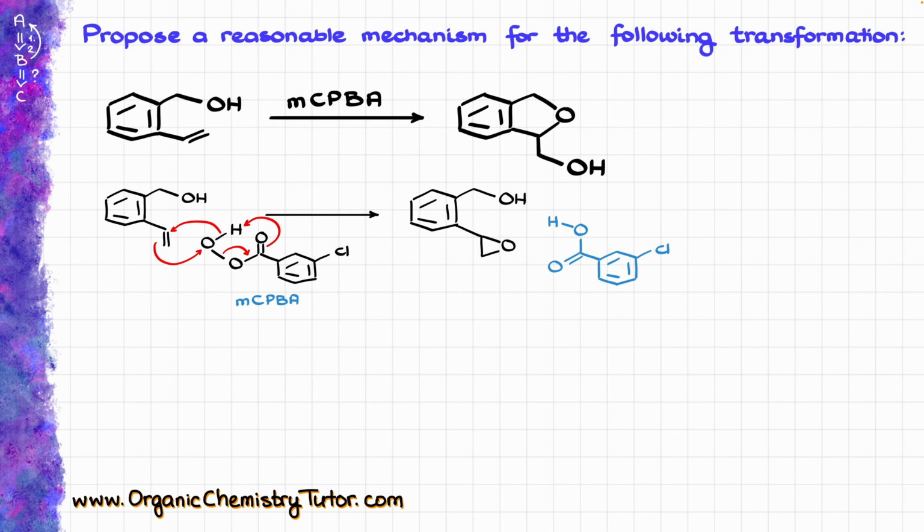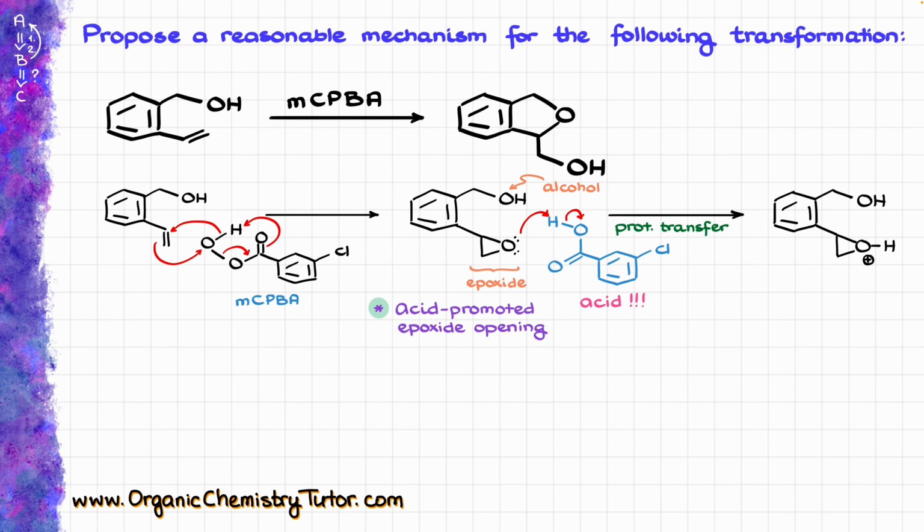But here is something important to keep in mind. The co-product of the epoxidation is, well, the carboxylic acid. And at the same time, we have an epoxide and an alcohol here, which means that we actually can proceed to the acid-promoted epoxide opening. So my next step here is actually going to be protonation of my epoxide. So I'm going to show this epoxide grabbing a proton from my carboxylic acid like so,